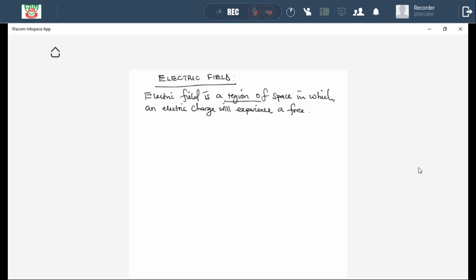The closer the test charge is to the main charge, the greater the force it is going to experience. If you push the test charge away from the main charge, the force it experiences will decrease